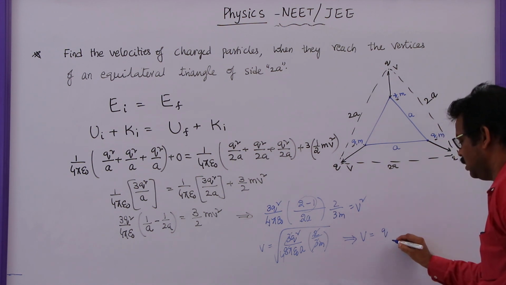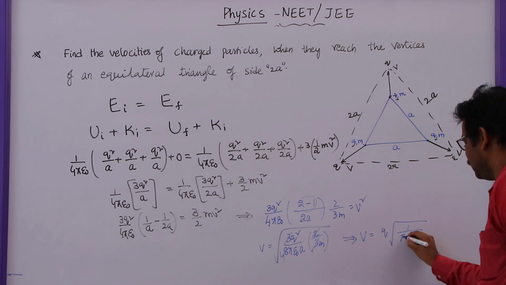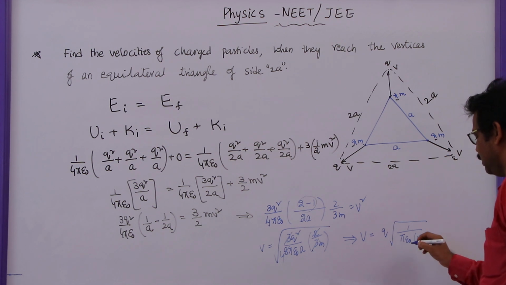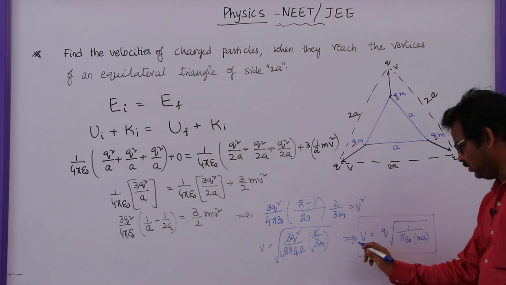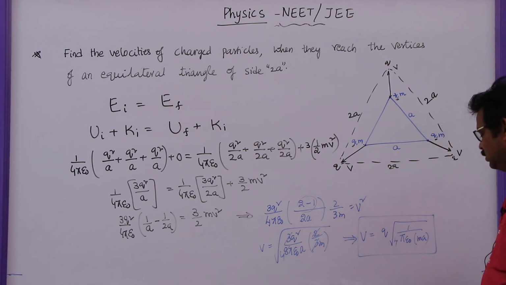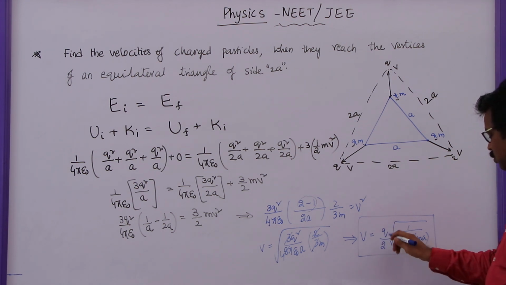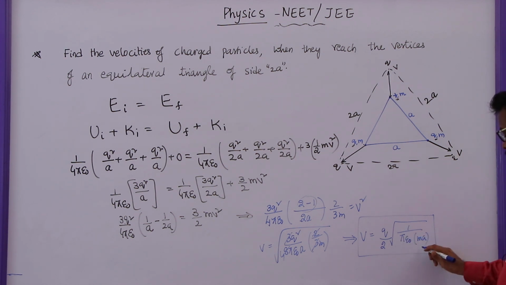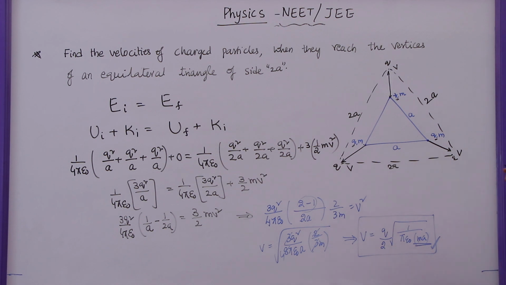So let me write q outside, and all other terms can be written inside. So this will be 1 by pi epsilon naught ma. So this is the velocity of each charged particle when it reaches the vertices of the new triangle. So this will be v is equal to q by root over 1 by pi epsilon naught, but we have a 4 here. You can write this one, or you can bring this 4 outside also, such that it can be written as root q by 2 1 by pi epsilon naught ma. But remember, this is not mass into acceleration, this is mass into distance or length of the side of the triangle here.